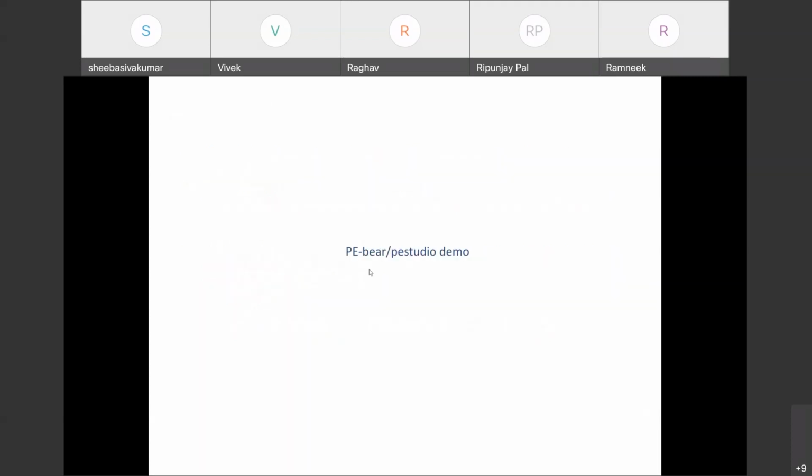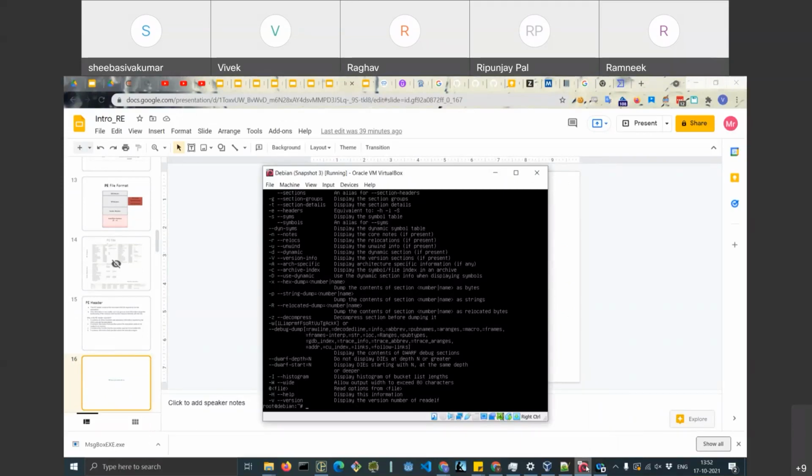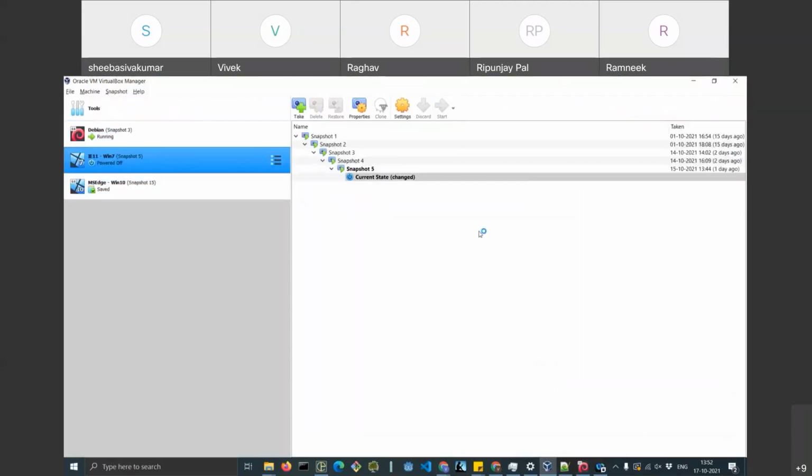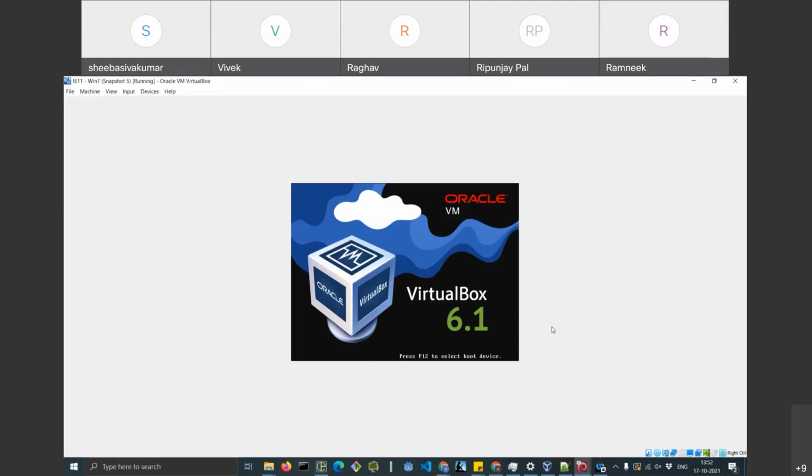Okay, then I'll show you one demo of how to examine the file format. So here I have a virtual machine with me. This is a Windows 7 virtual machine.